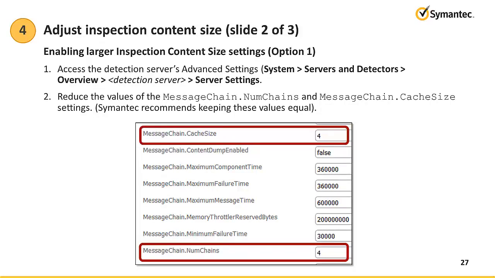You can find these settings at System, Servers and Detectors, Overview, the name of the detection server, Server Settings. If the detection server has a hyperthreaded CPU, the messagechain.numChains value should be set no higher than twice the number of physical cores of the CPU. For detection servers without hyperthreading, the value should be equal to the number of the CPU's physical cores. For the messagechain.cacheSize setting, Symantec recommends that you set this value to the same number you specify for the messagechain.numChains